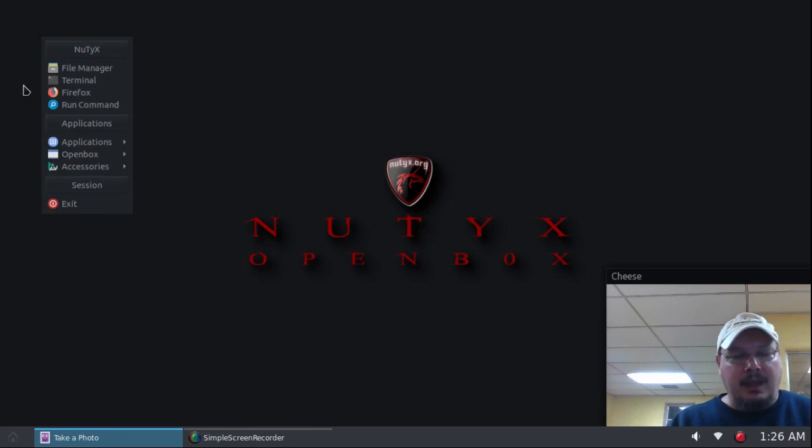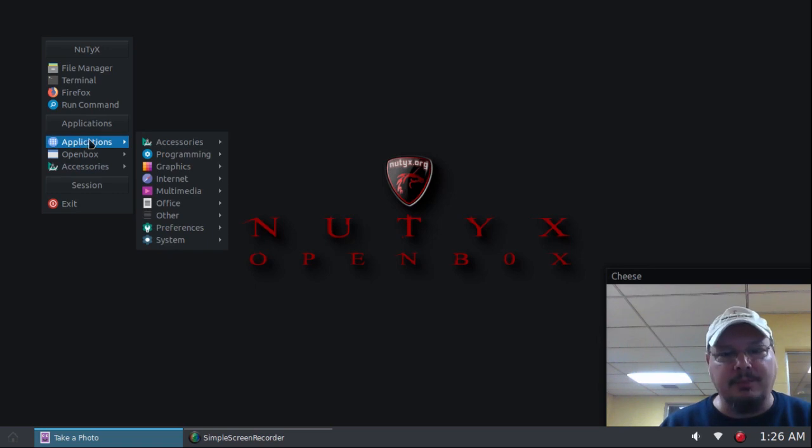Alright, so that is PMenu, and I like it better than Openbox. Again, Openbox is fine, not a big deal, but it just seems to me that PMenu does a better job for me personally. So remember, I'm going to add that link so you can, if you want to try it, download it and put it on your system. And in closing,